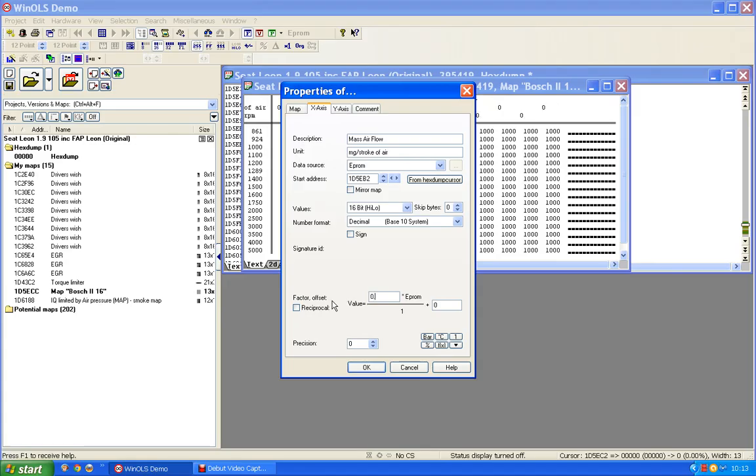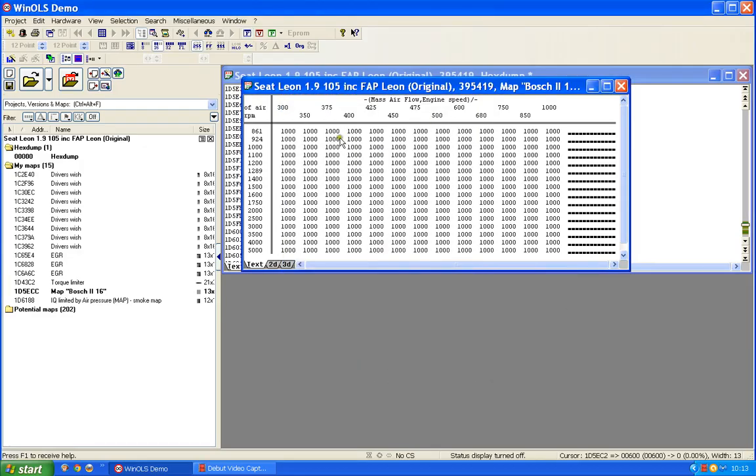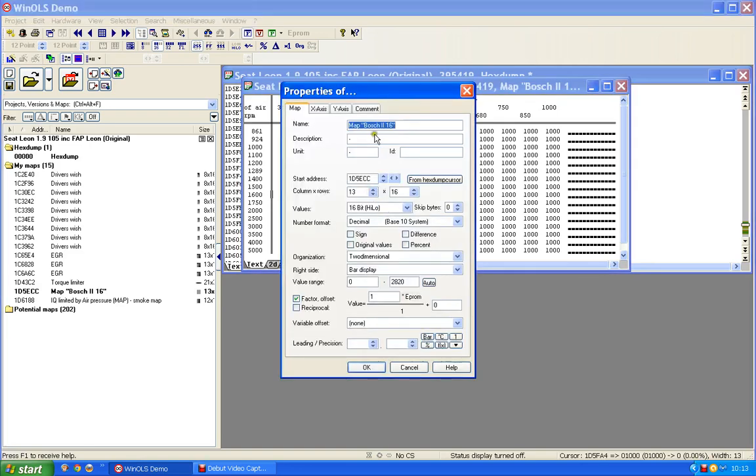This looks like it's going to need to be 0.1, and I don't think we're going to need any extra bits fiddled with here, so we'll just say okay. So that now runs up to 1000. So all we need is our output. Now this is looking like it's going to be IQ limited by airflow, which is MAF. And so that is looking like it's going to be our